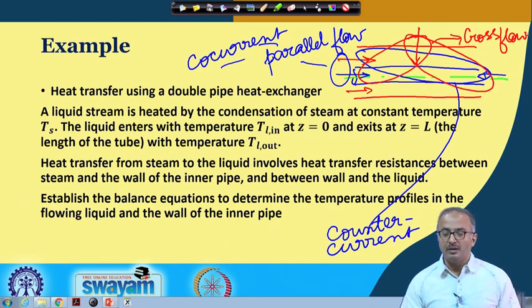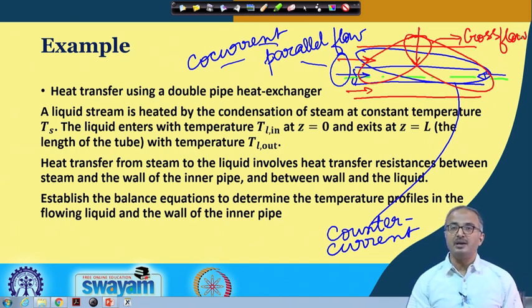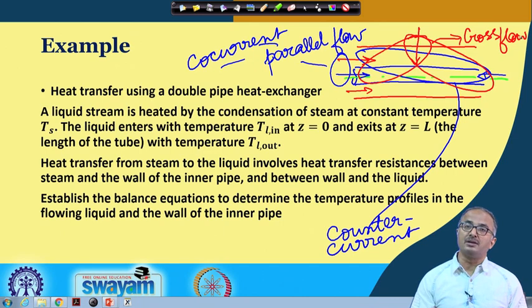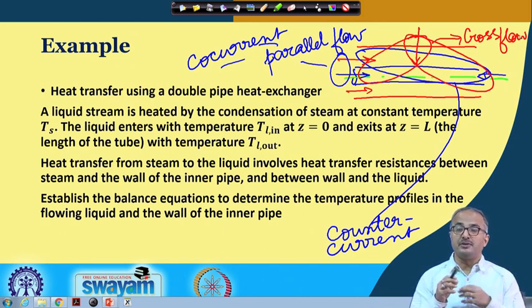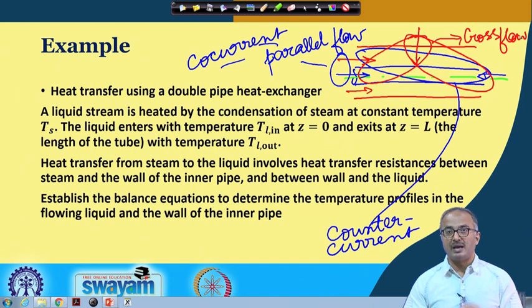Okay. Now, with these various configurations, we also have some other configuration in the sense that we may have multiple number of the inner tubes, okay, and only one outer tube and multiple number of inner tubes. In that case, we call it a shell and tube heat exchanger. Okay. So, I will show you a few diagrams of the shell and tube and these other heat exchangers shortly.